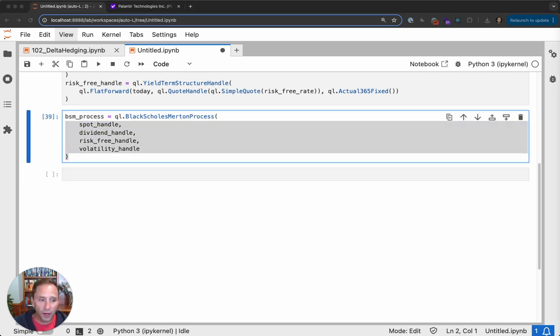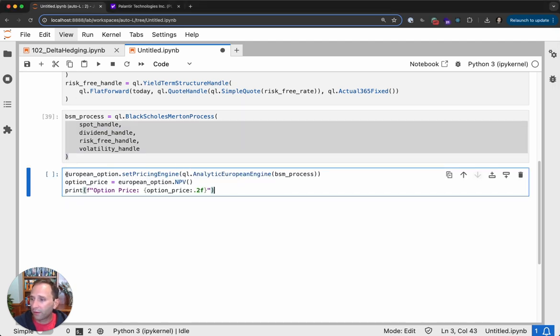So now that we have the process, we can actually price the option. And we'll do that by taking our European option that we defined earlier, set the pricing engine to an analytical European engine, like what I just described, and then pass in the Black-Scholes-Merton process. So under the hood, what this does is it runs this process some large number of times, and it takes the distribution of prices at the end of that process, and it takes the payoff for each of these paths,